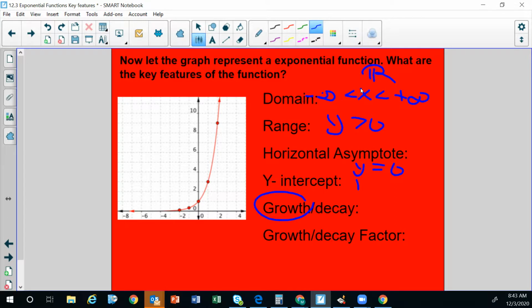Okay, here we go. What's the growth factor? Yes, and that's why Charles, you asked why do we have dots? It's to help you figure out the growth factor. All right, so